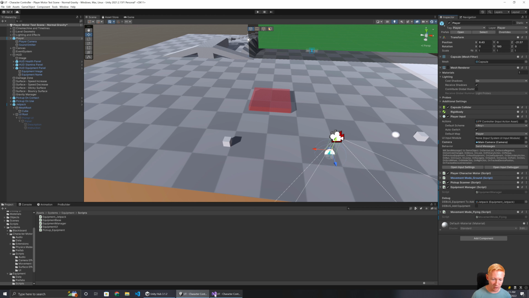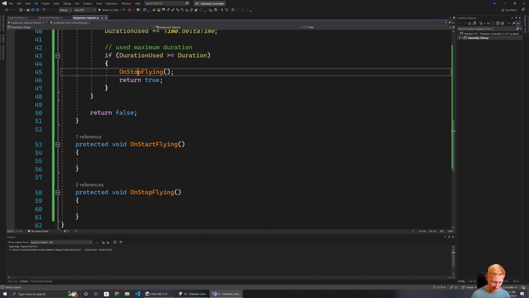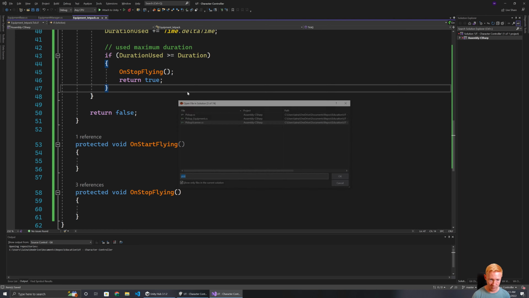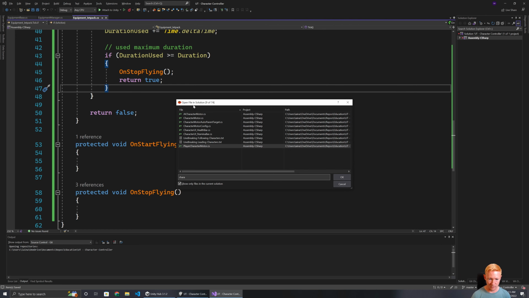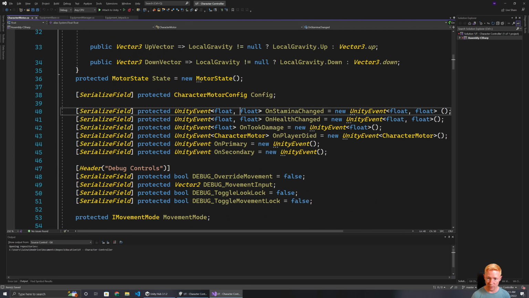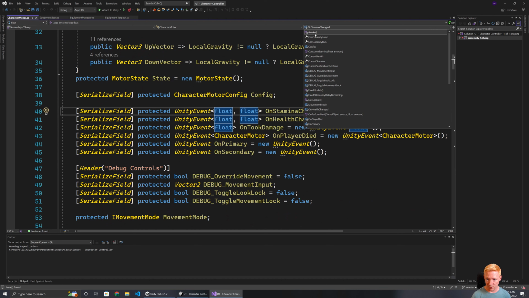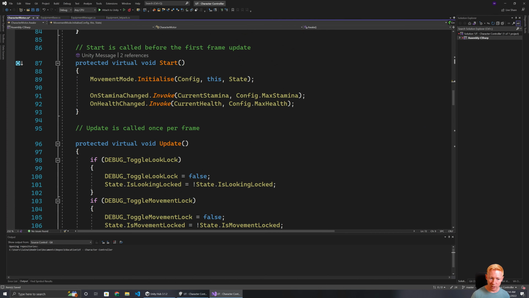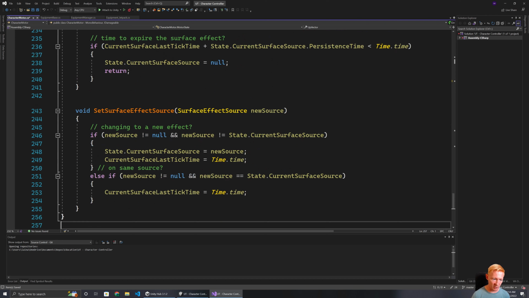And if we then go to the character motor, and go down to our awake function, at the moment we just go and grab the movement mode. I'm actually going to switch that so that by default, it will grab the ground movement mode. But then I want it to be able to switch to a particular one. So it's going to need